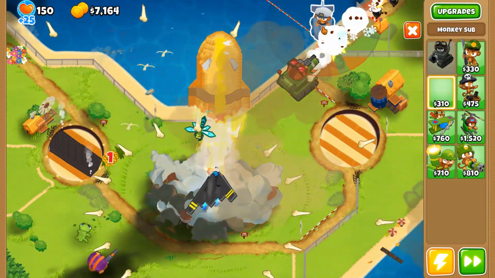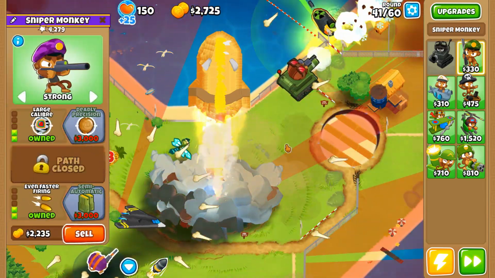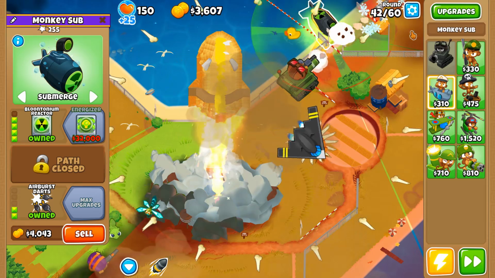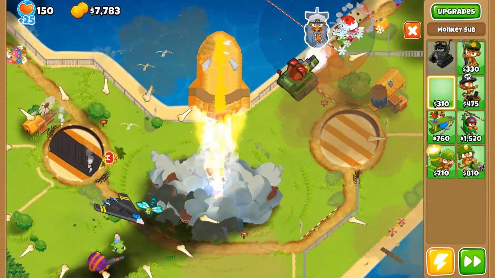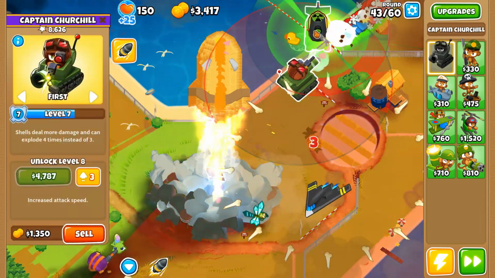So what we're going to be doing now is putting down a plutonium reactor so that this sniper can pop DDTs. Actually, is this thing... I'm starting to worry if this thing is even in range. So what I'm going to do is sell it and then rebuy it. And then now it's in range of...